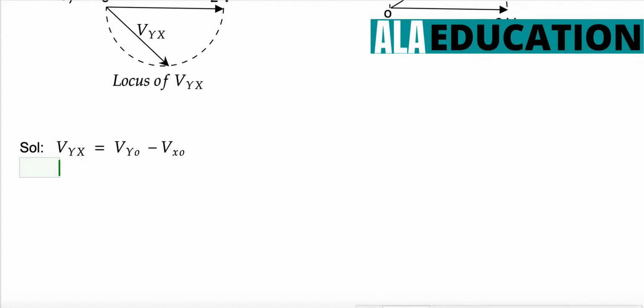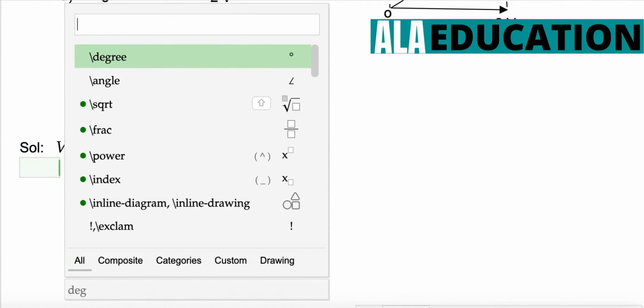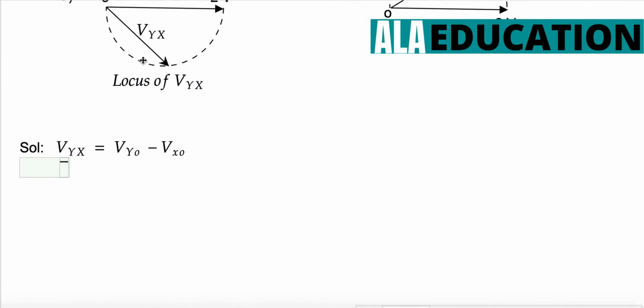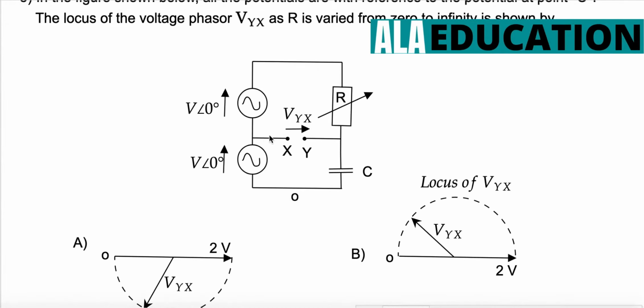I, if you want, take a bar, that's better. Why? Because we are going to deal with the phasor rather than the magnitude. Since the angle is also present, it is customary to denote it with the bar on top. What is I? See the circuit carefully. The total potential is 2V with respect to this ground, and current is nothing but this potential divided by the total impedance of the circuit.